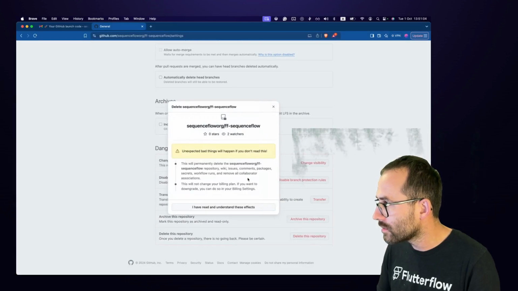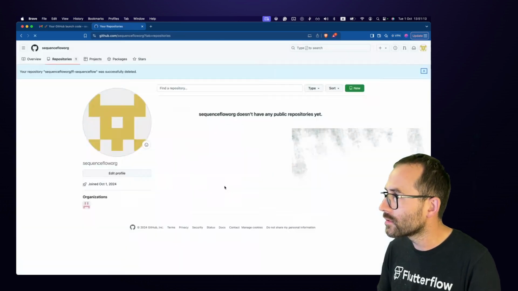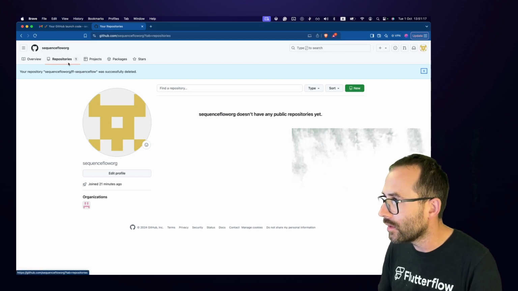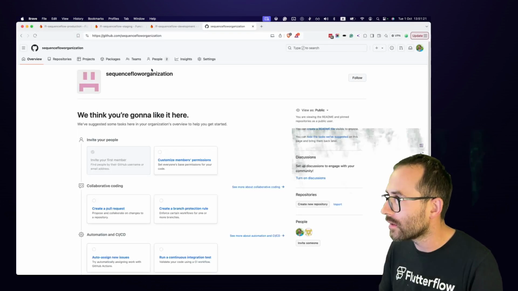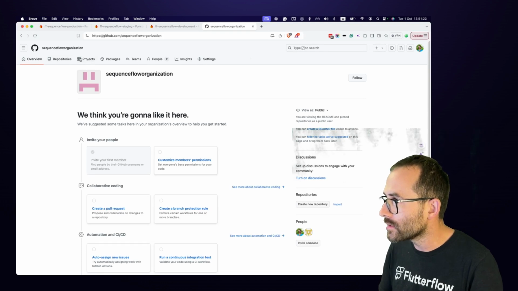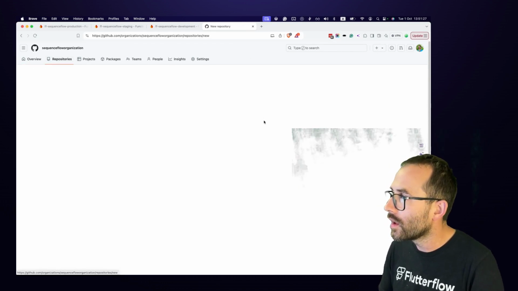Delete this repository. I want to delete and type that one there. Delete repository, because that was accidentally created inside of the profile. We don't want that one. And now that profile does not have anything there. If we go back to the organization in the repositories there, we will create the new repository, which we will call,